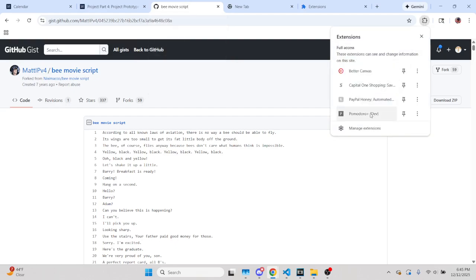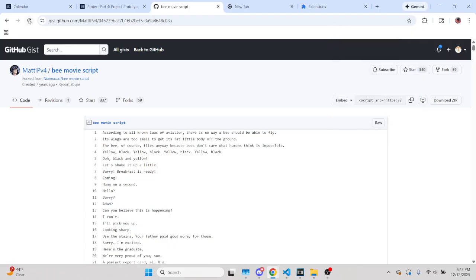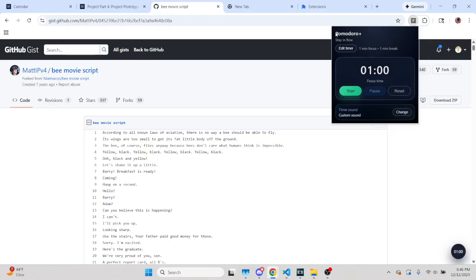If I click into extension and then click into Pomodoro Plus, a simple UI here appears. Actually, let me reload the page. Here we go. So if I go into here and then have the Pomodoro Plus main UI right here, starting from the very top, we have a simple title, a subtitle, and the edit timer feature that focuses on